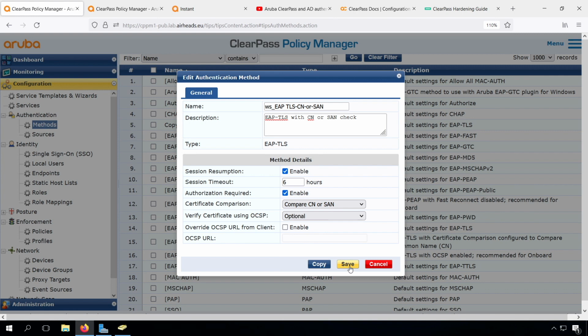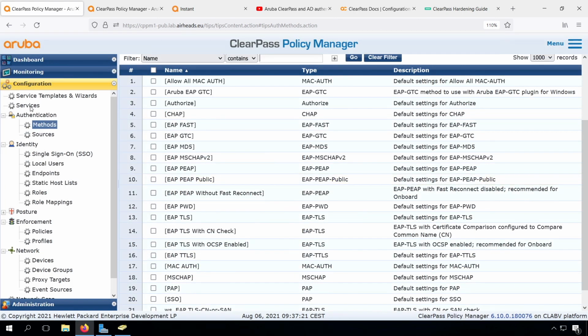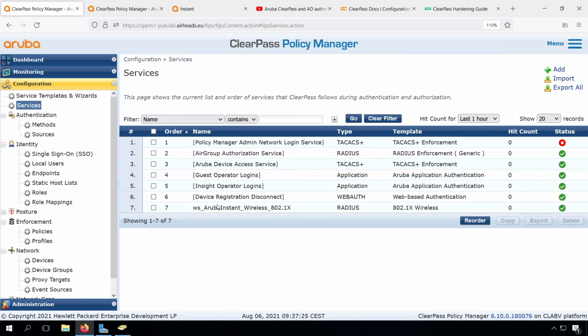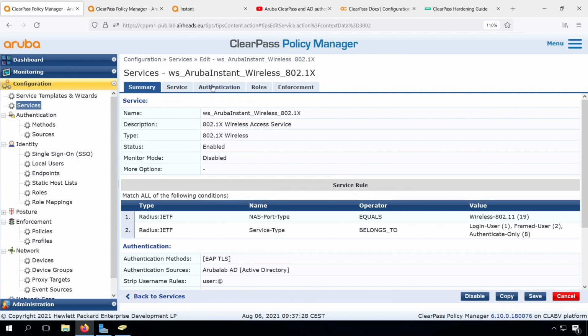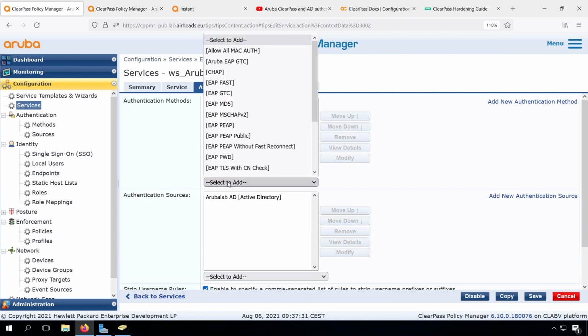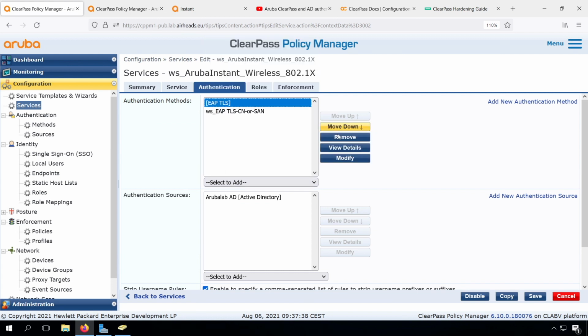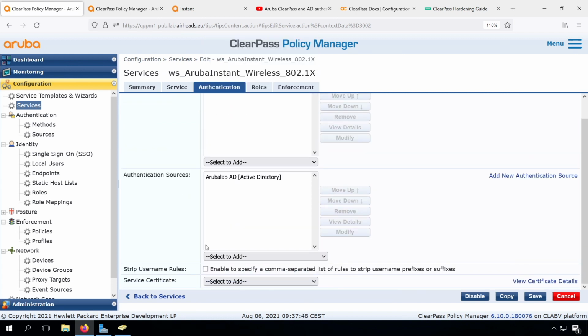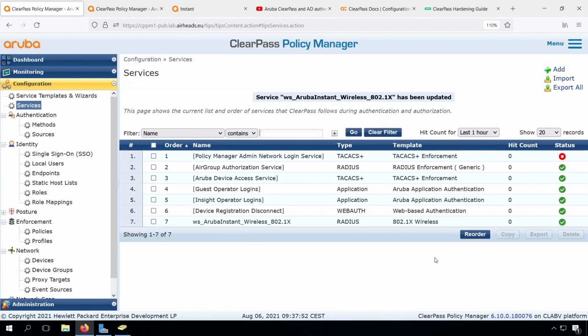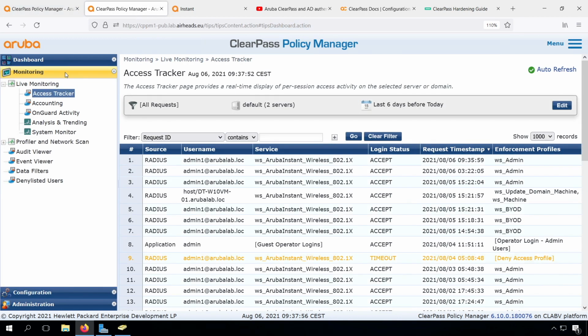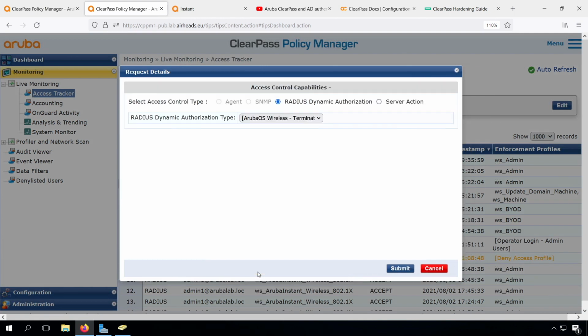Let's save this one and let's go back to our service, because in our service in the authentication, now we need to change to our newly created authentication method, the EAP-TLS common name or SAN. And we can disable the strip username rules because based on the mail address, it can now have the fully qualified email address as an authentication as well.